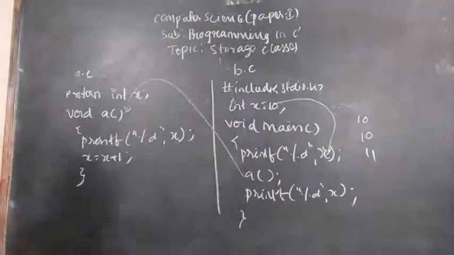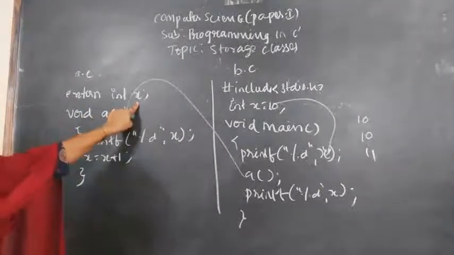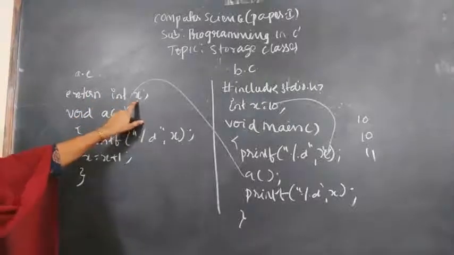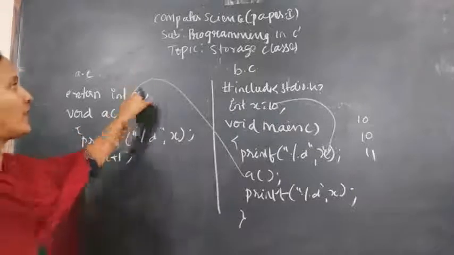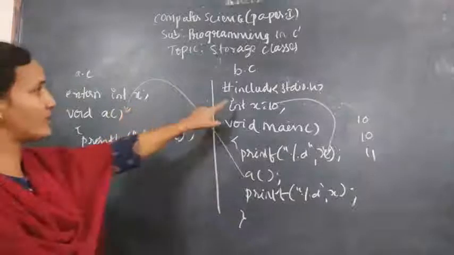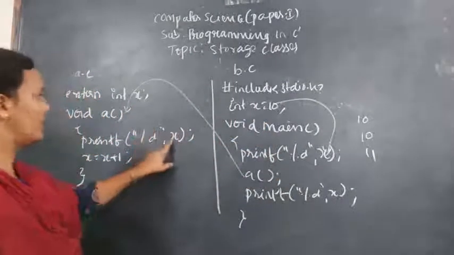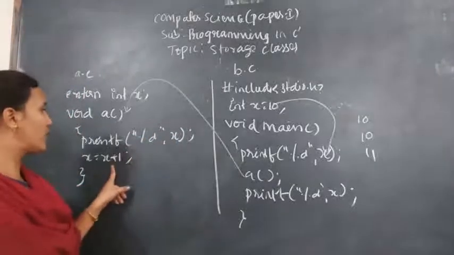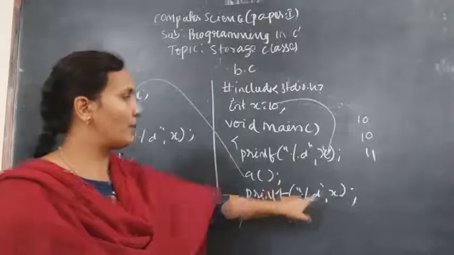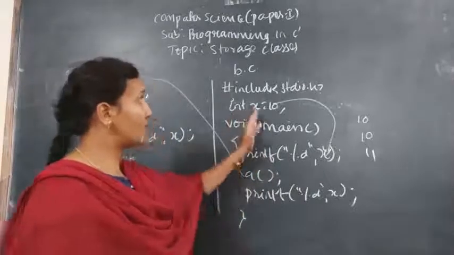Okay, here you need to remember one point. Here I have declared this x with the extern keyword: extern, data type, name of the variable. What it means is that this variable's value we are taking from another file. So what is the x value here? 10. So 10 is printed first. After that, the 10 value is incremented by 1, 11. So after this function, when you print x, it will print 11. But here the x value is equal to 10 only.